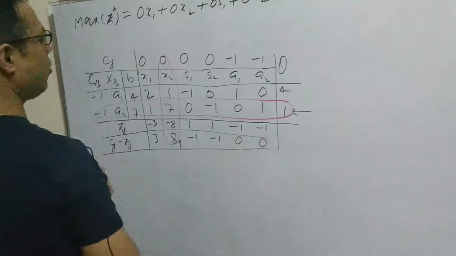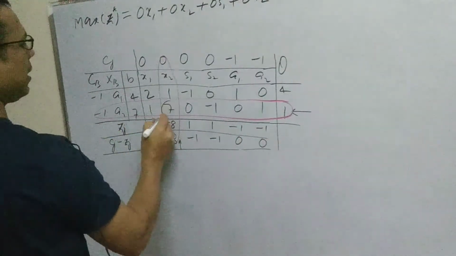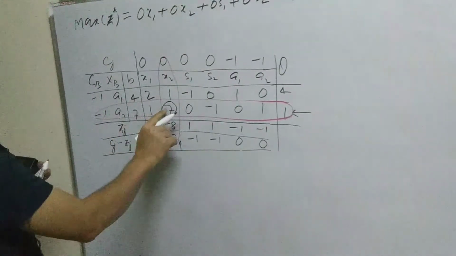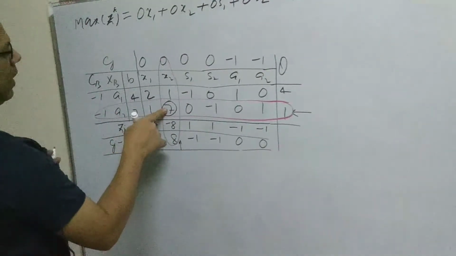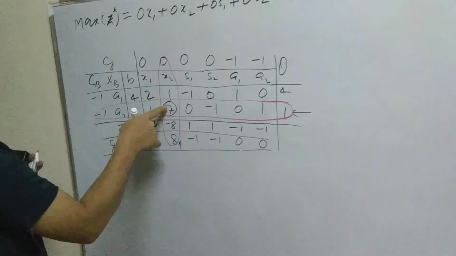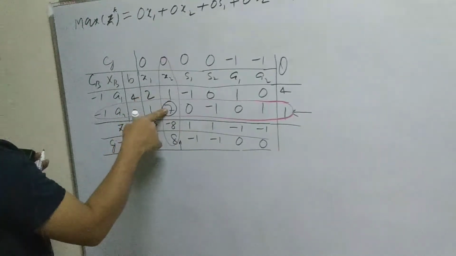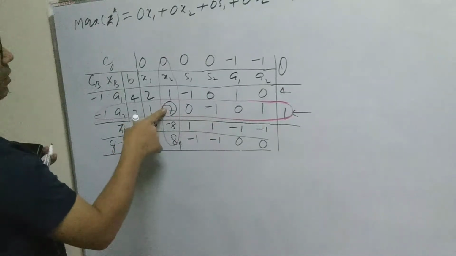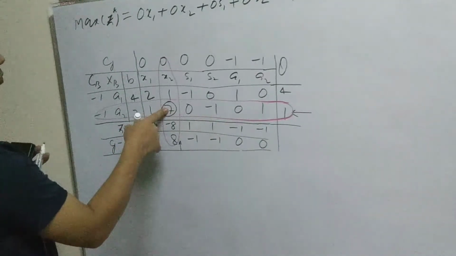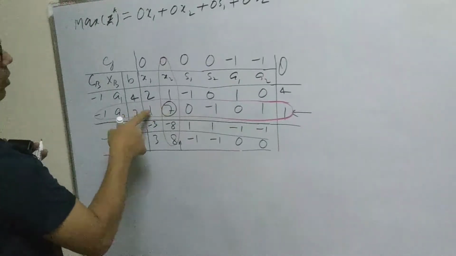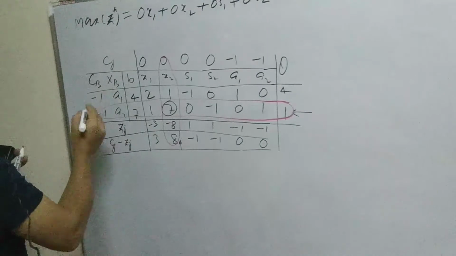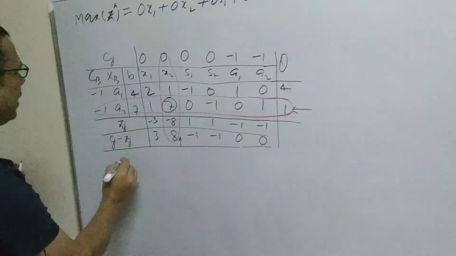So we have got the key column and key row, and the intersection of the key column and key row gives the key element. Now we have got the key element. Our aim is to make this 7 into 1 and its respective values 0. First we will change this 7 to 1, which means we need to divide this value by itself. Because we divide this value by itself, we need to divide all the values by this key element value. Now I am going to write the next table.